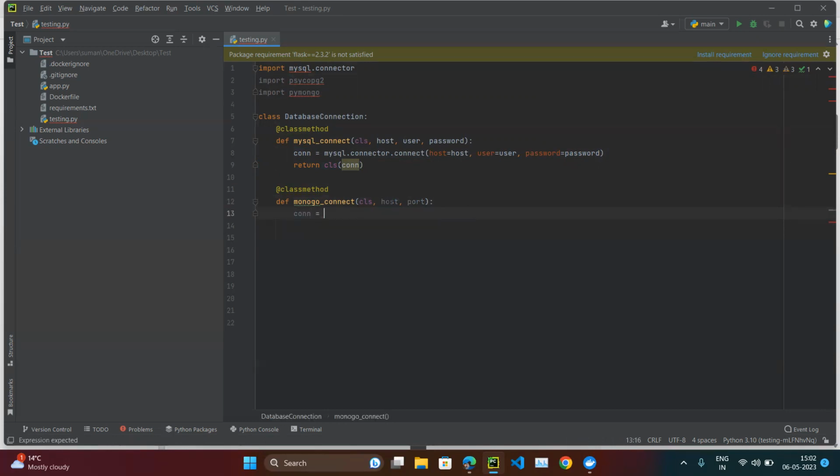Let's suppose we have to create a connection. So maybe pymongo.connect. There could be some other syntax. Maybe here mongodb colon, and here it could be host, and then it could be port, something like that. And we have to return cls(connection). We return an object. One more class method, let's suppose is PostgreSQL. So postgres connect, and let's suppose it is going to accept the host name,